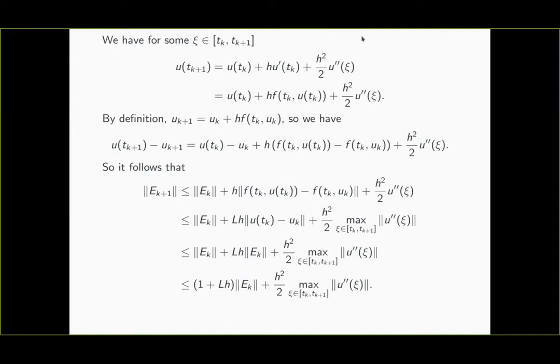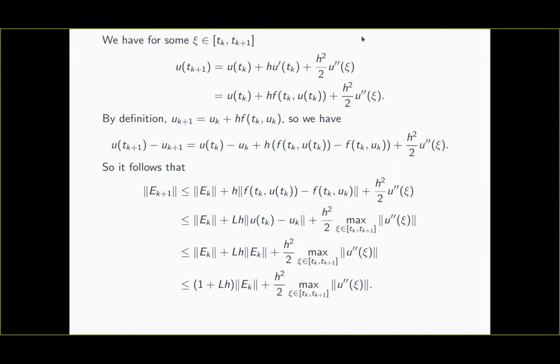So we take a look at the function u and take the Taylor approximation around the time step tk. Using what we already know about Taylor polynomials, we can now tell that u at time step k plus 1 is the same as u at the kth time step tk, plus h times u prime at time tk,